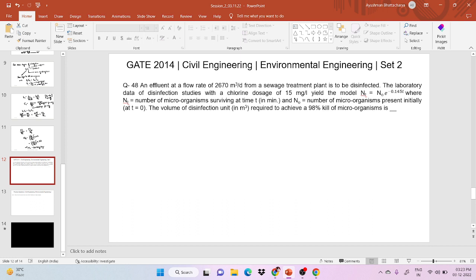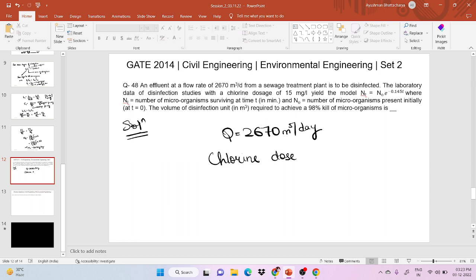So, in this question, we will first write the given data. Basically, they have given the flow rate, which is 2670 meter cube per day, chlorine dosage 15 milligram per liter, and they have given one equation, Nt equals N naught e raised to power minus 0.145 t. Now the question asks what is the volume of disinfection unit required to achieve a 98%